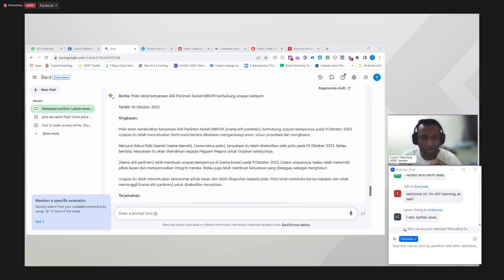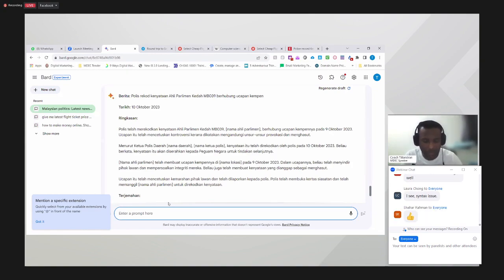Another important thing that I nak tunjuk kat sini is when it comes to business, when kita nak buat research. Because when we talk about business, apa yang selalu kita miss out is how do we understand the nature of the business yang kita nak buat ni pada hari ni. For example, let's say I'm an IT programmer, computer programmer, I nak buat software development business. So of course I nak tahu apakah type of software yang popular kat luar yang orang nak kita develop. So I can do a Google search kat sini atau dekat Google Bard ni.